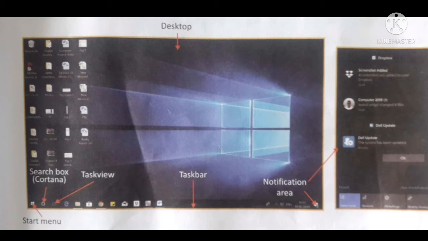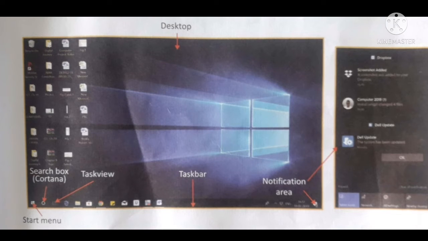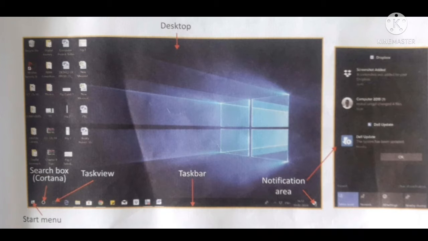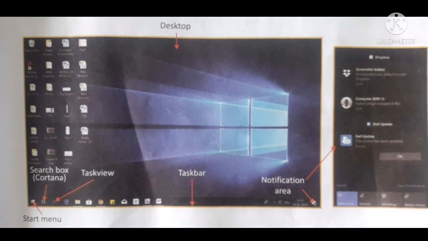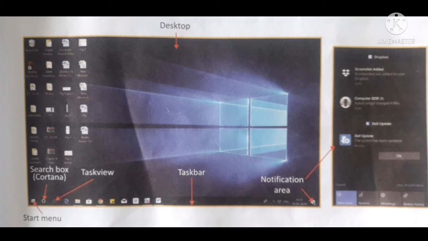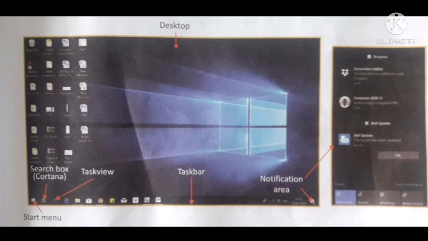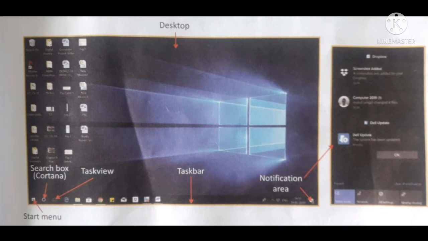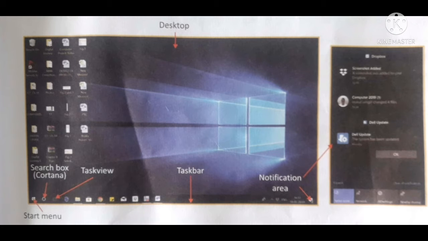The taskbar along the bottom of the screen displays icons for each running app. The search box is used to search for files and folders within the PC. Task view displays thumbnails of your running apps on clicking. The notification area, a part of the taskbar, displays various system icons having features such as networking, sound and power, as well as the notifications issued by Windows.